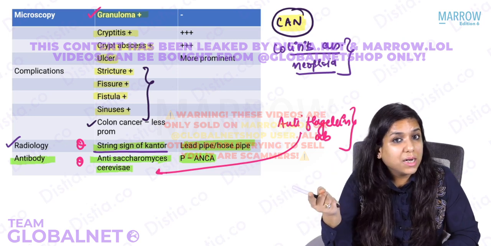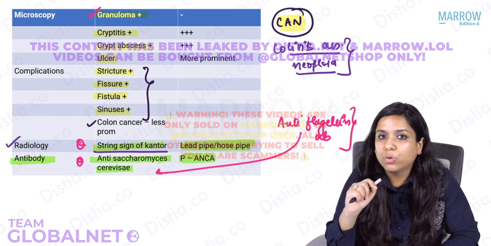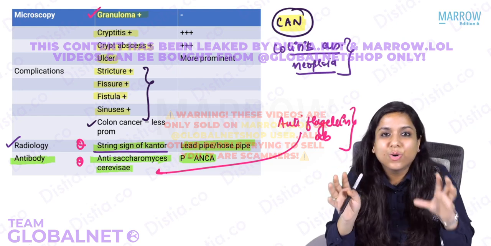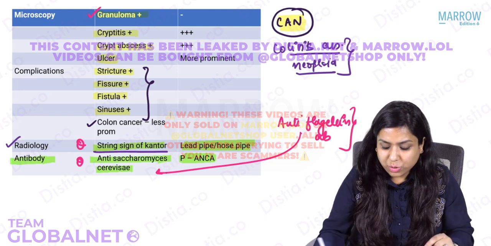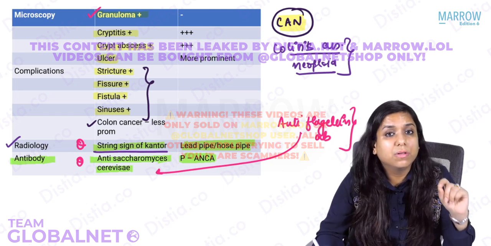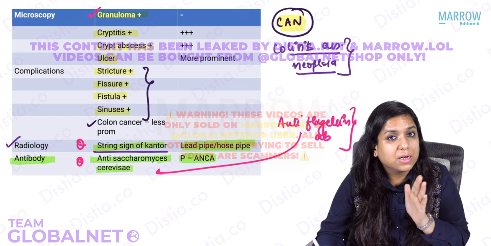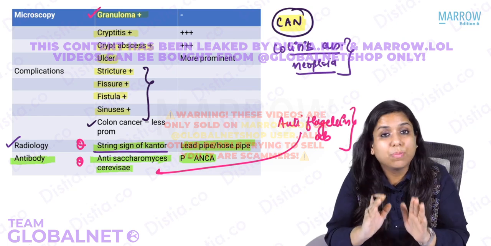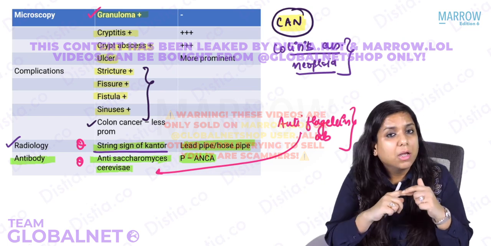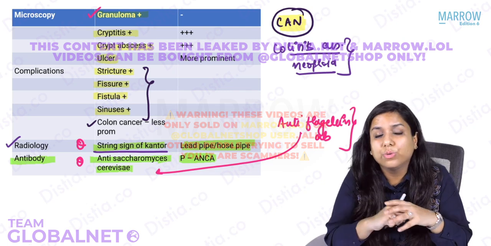Where do you see C-ANCA? Wegener's granulomatosis, right? Revision and correlation. Clear, students? So this is an extremely nice table to differentiate between Crohn's disease and ulcerative colitis. Please remember it along with the images, because any of the images which I have shown you can be given